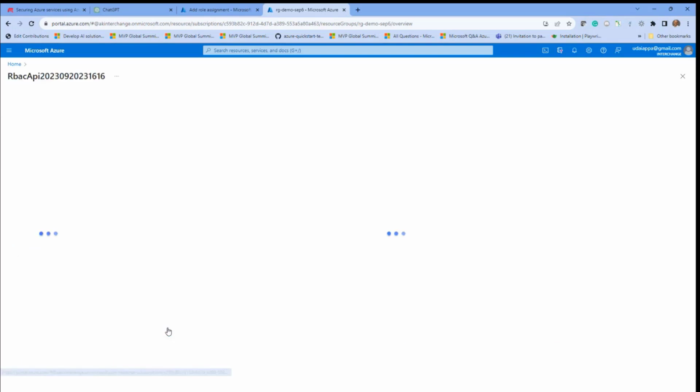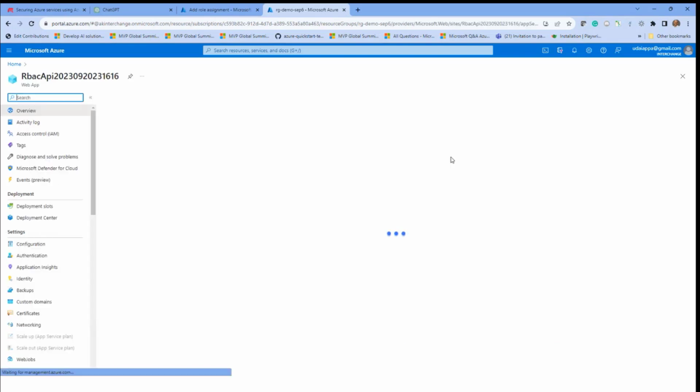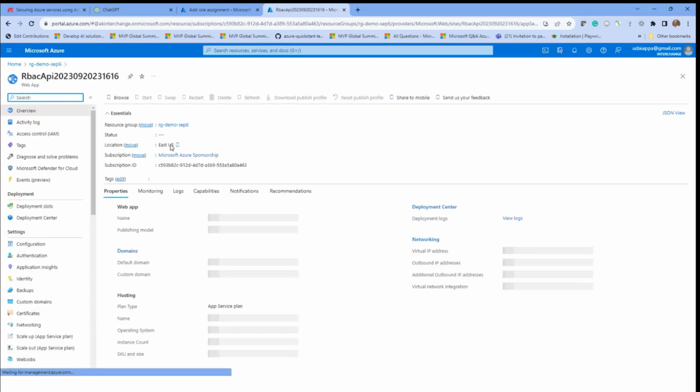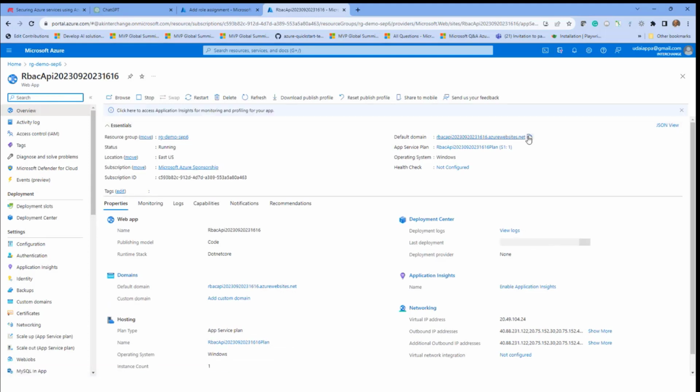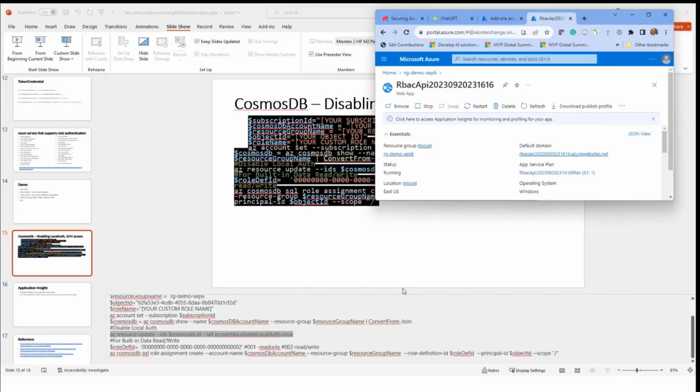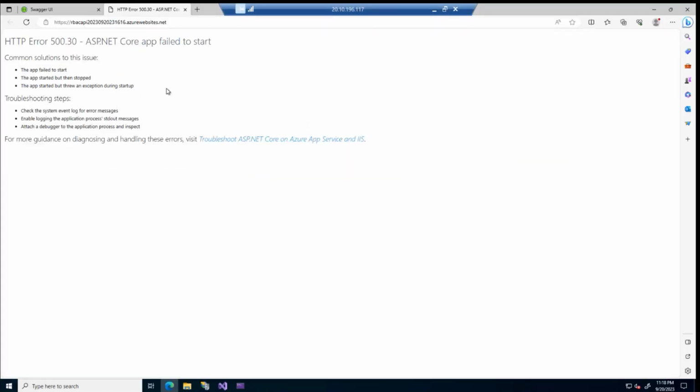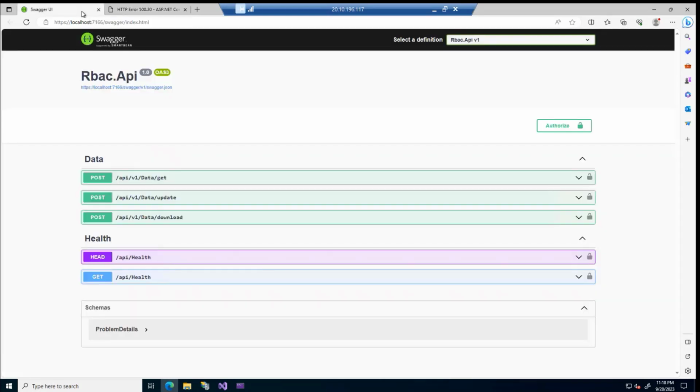Here is the app. Right here, copy this URL here. Here is the URL. Okay. And take the remaining part.